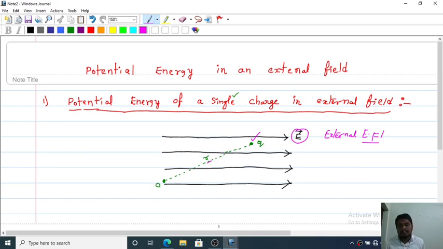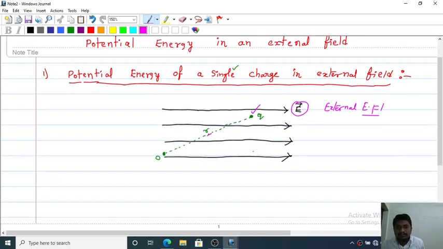In the previous class we discussed the potential energy of a single charge. When you bring a single charge from infinity to a point in space where there is no electric field, the work done was 0. But here an electric field is already present before you brought the single charge. That is why, therefore, the work done